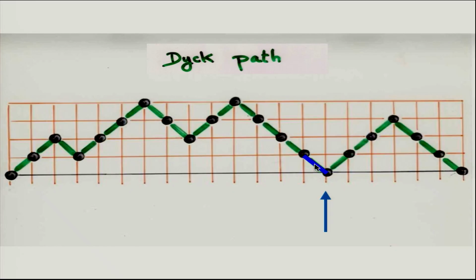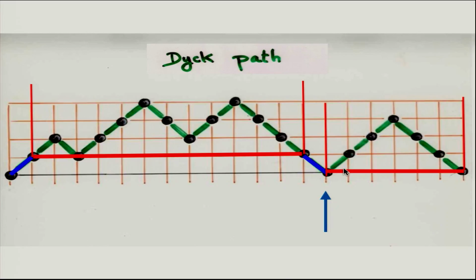So we have a blue step. This blue step corresponds to this blue step here, and then you cut it here, you see. There is nobody here. So what you get here is again a Dyck path. What remains after this blue step is a Dyck path. So I have decomposed my object as a product of 3 objects: the 2 blue steps, and this Dyck path.